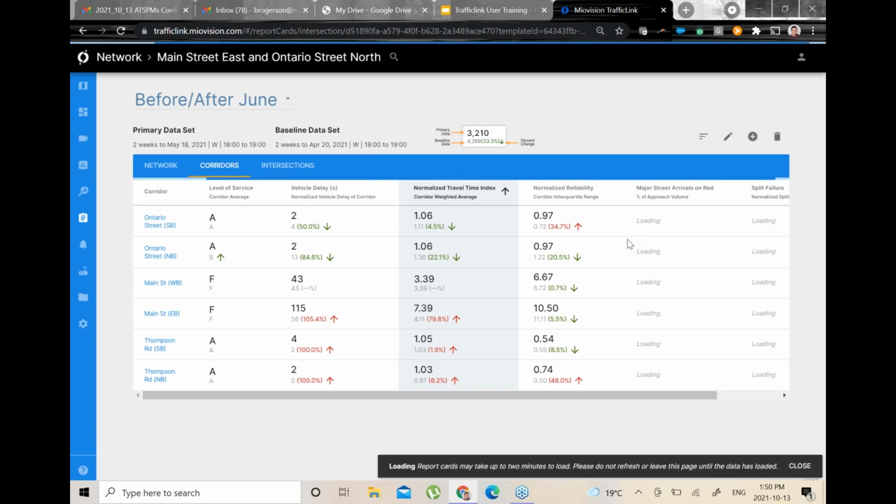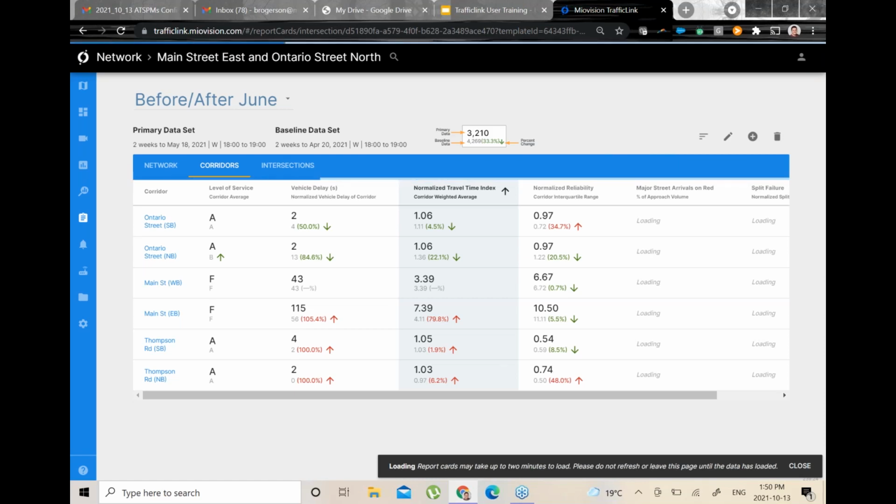And so I use this after I start with a problem, say with the intersection help tool, go to the charts, deconstruct the problem, figure out what you can do about the problem, potentially go out and make a change, and then monitor that change in the report card tool. And if you combine all of those factors and that workflow together, you really end up with some positive outcomes along the intersection.